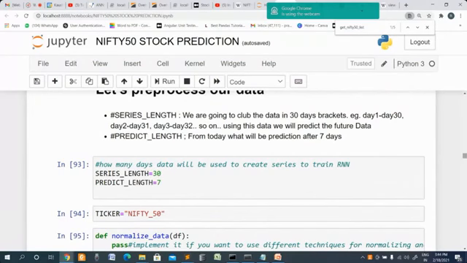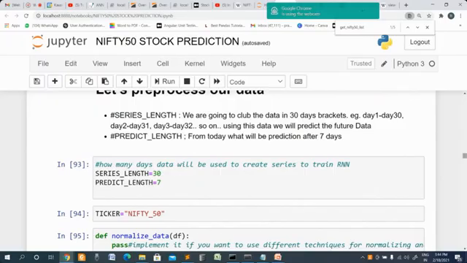That means I want to reorganize the data such a way that I take 30 days of data, and then the prediction period length means that, based on that data, I want to predict the prices for one week.